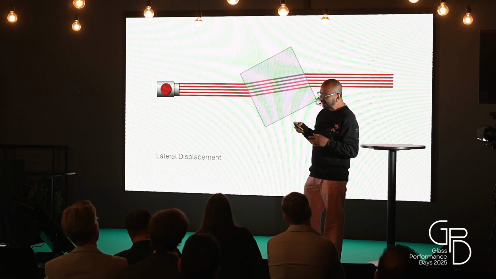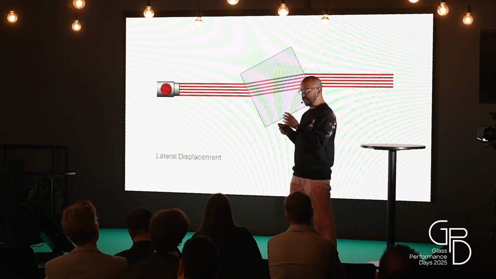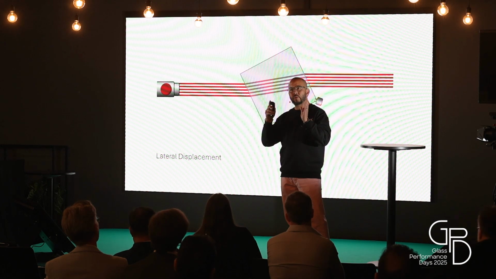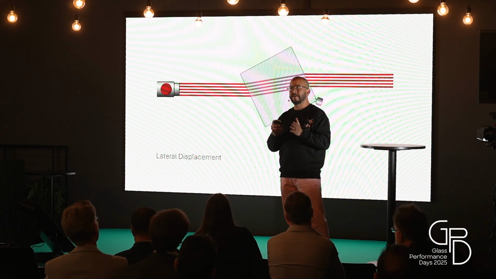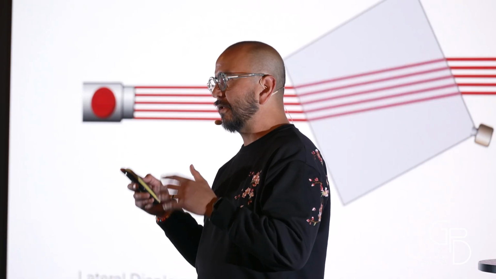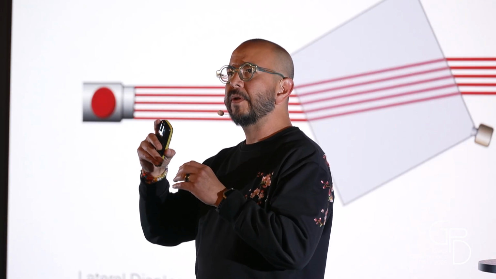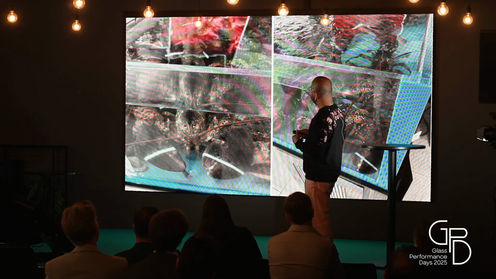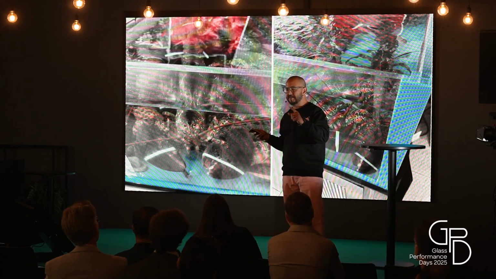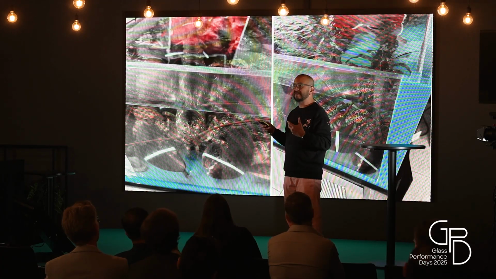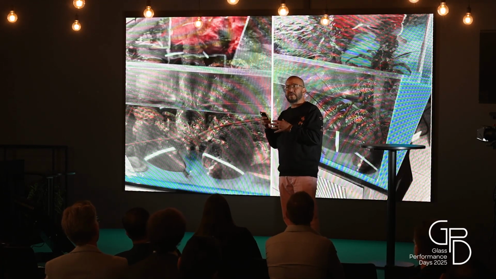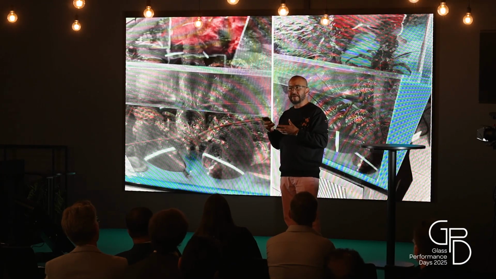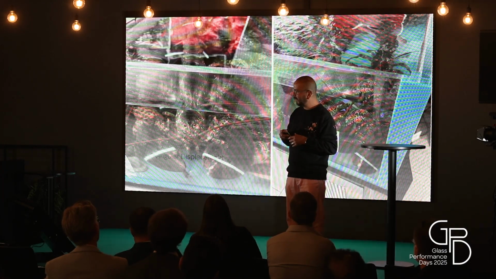Today, this is how light goes through a transparent element. If the two walls of the transparent element are parallel, then we have a lateral displacement. You have a shift in the image, but you don't get a distortion of the image. So similar to the lobster, there are no 4 eyes in this lobster, it's just one lobster. That's a lateral displacement. You can see that the lobster doesn't change, but it's in a different position.